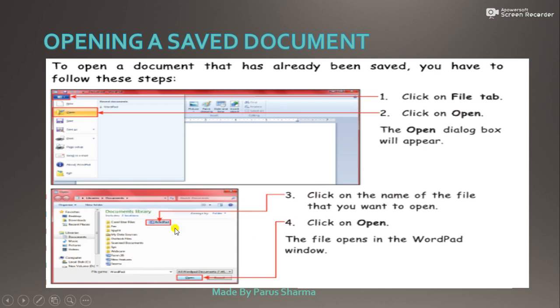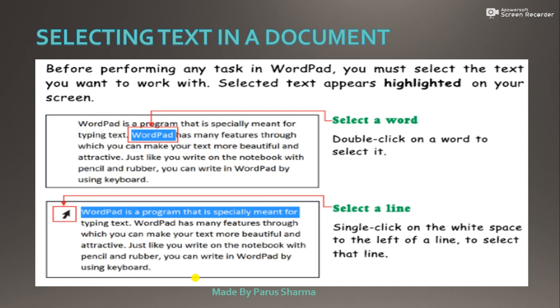Then how to open a saved document? If you want to open your saved document after some days or a month or a year, you can also open it and use it again by clicking on the open button given in the file tab, below the save option. When you click on the open button, it will give you the names of the files which you want to open. Then click on that file or write the name of the file here and click on the open button. You will see that the window of that document will appear.